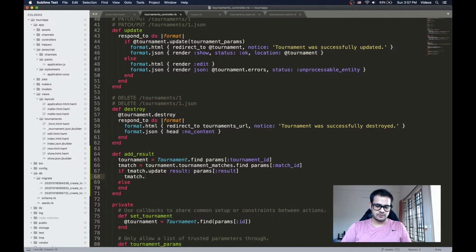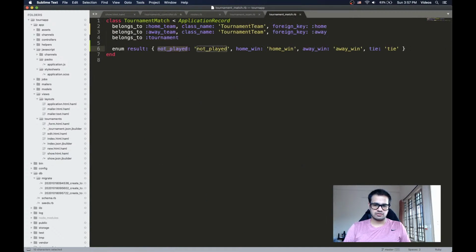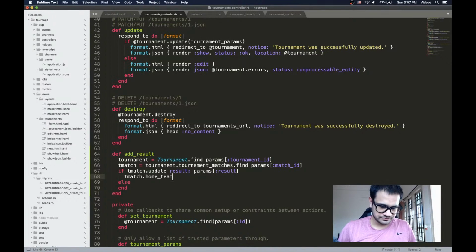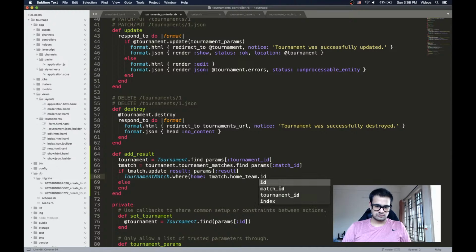So tmatch dot home team now, home team, wherever in the tournament match dot where home is the home team ID and result is home win,